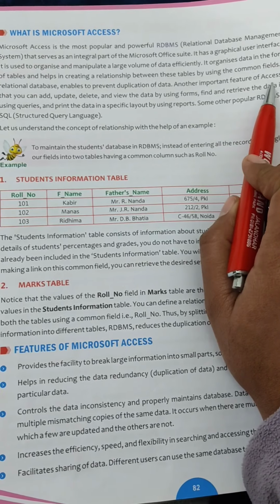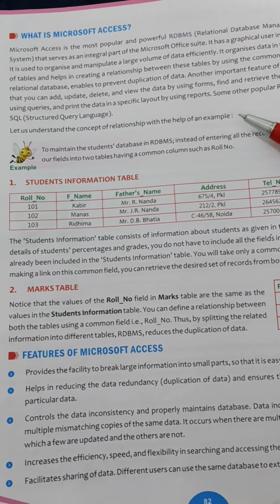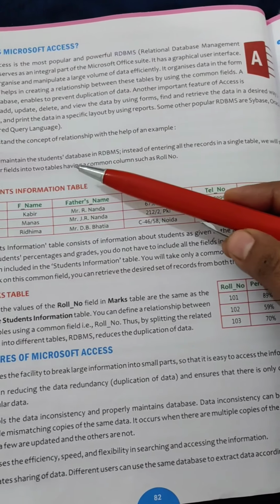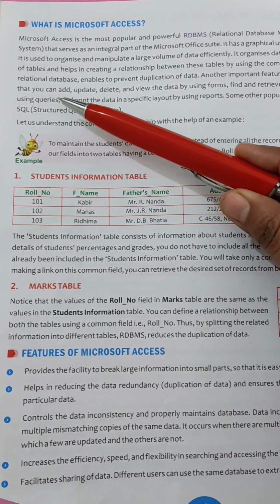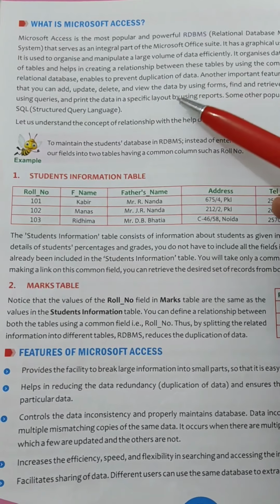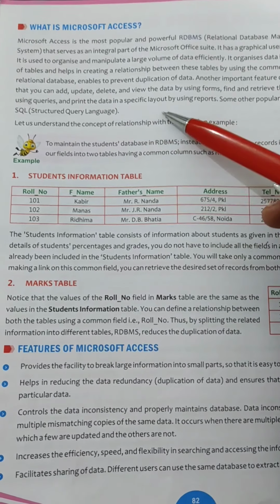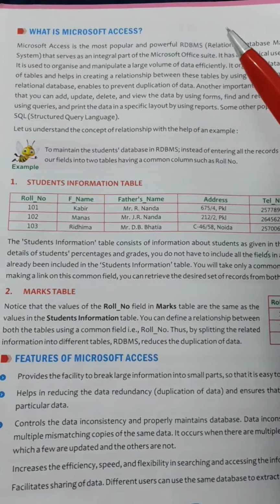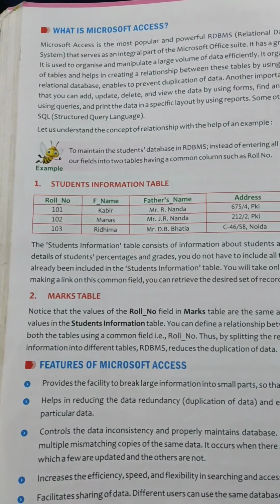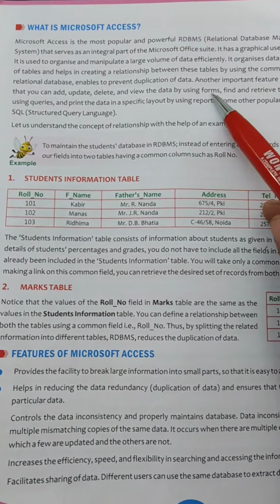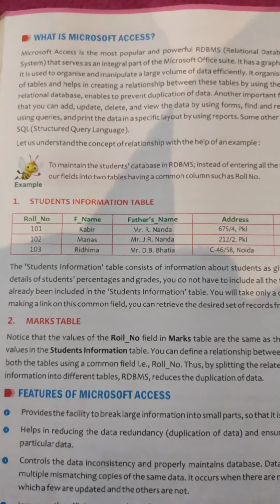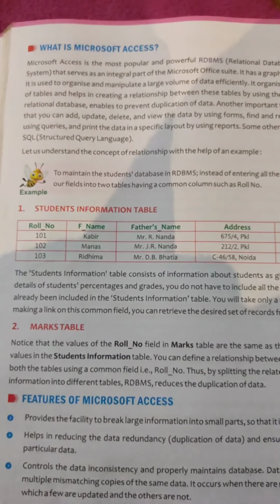Another important feature of Access is that you can add, update, delete and view the data by using forms, find and retrieve the data in a desired way by using queries, and print the data in a specific layout by using reports. So another feature of Access is that you can add, update, delete and view data by using forms, and you can find and retrieve the data using queries.